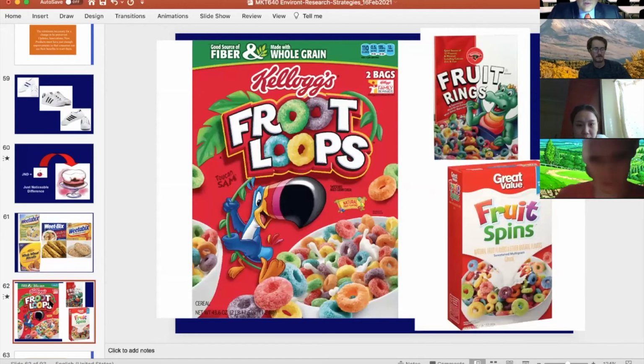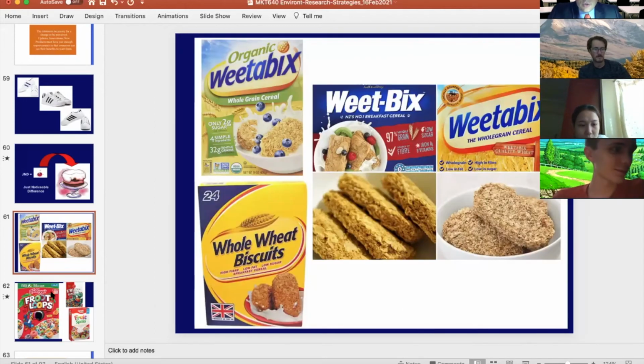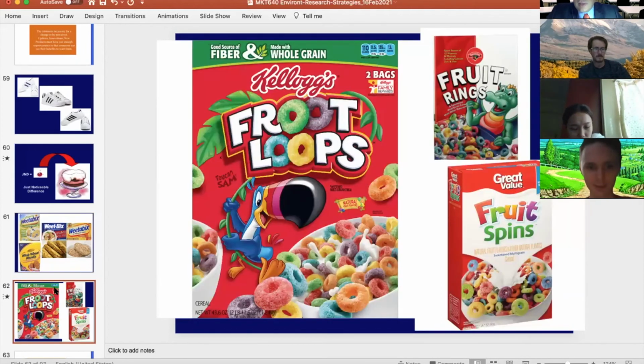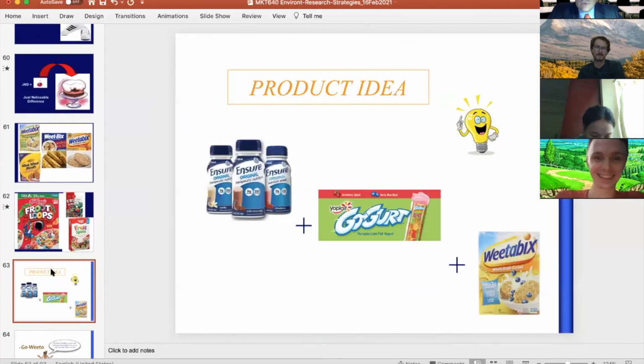Why? We think it's terrible because of what they want in America. So if you go America, UK, UK, America, what's the big difference? The big difference is there's a little cartoon. There's lots of colors. People don't even buy this to eat, it's playful. Okay, so what are the trends? The trend is people run in the morning, they're rushing, they want to have breakfast while they walk and read their mail. So what do they take? They take protein shakes, they take Ensure and vitamin D and all that. They take Go-Gurt. So then we say, what about Ensure plus Go-Gurt plus Weetabix?